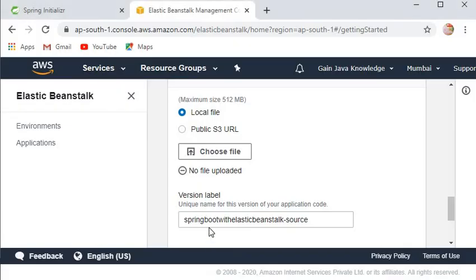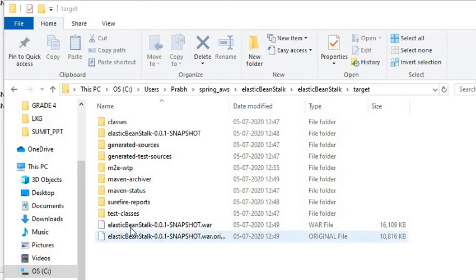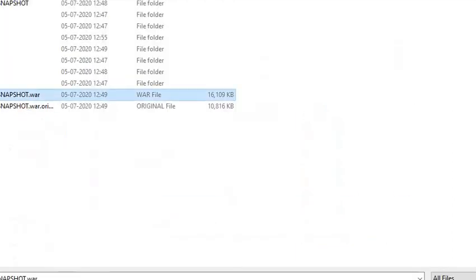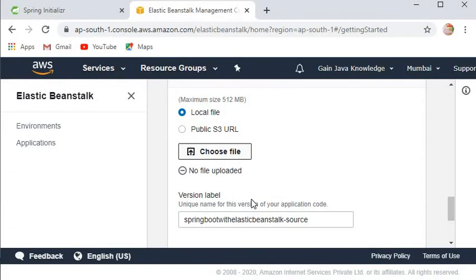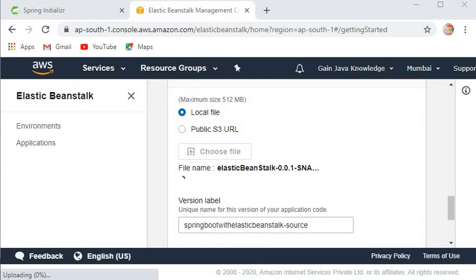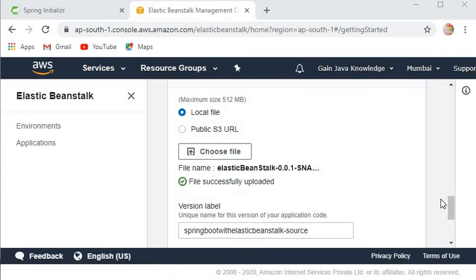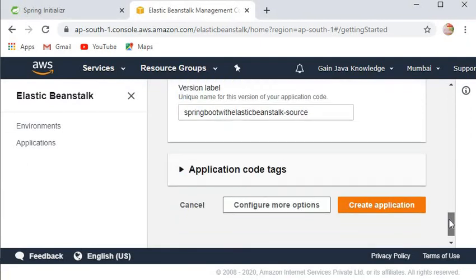Now I will go here and click on choose file. Now we need to choose the elasticbeanstalk.war file, select it and open. Now our file has been successfully uploaded.